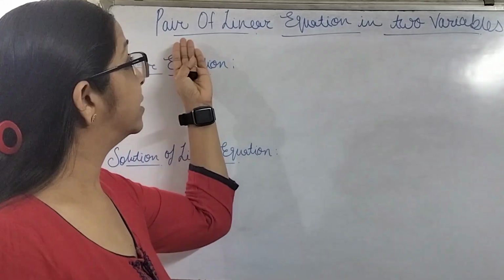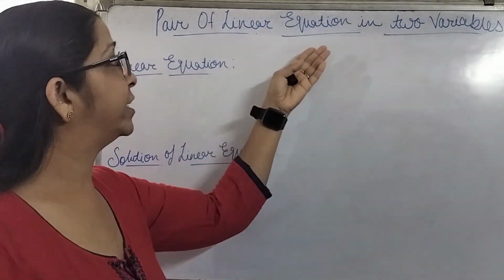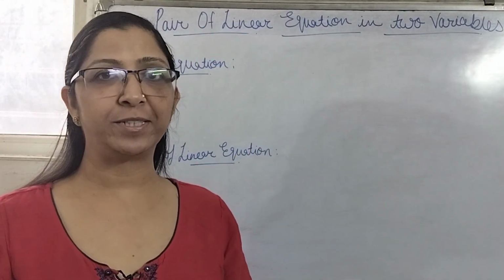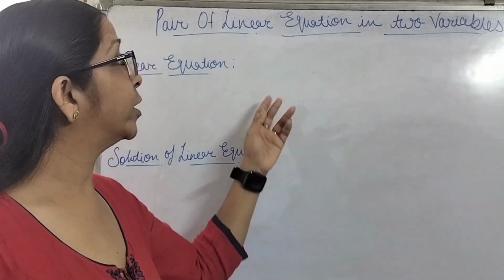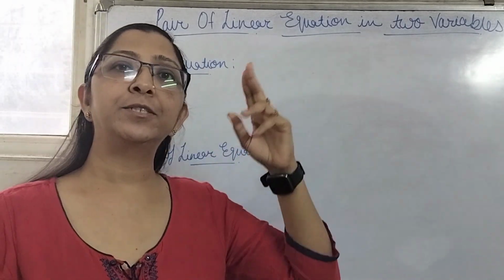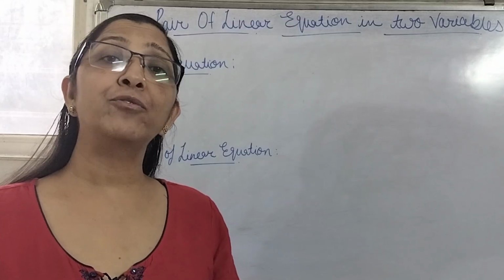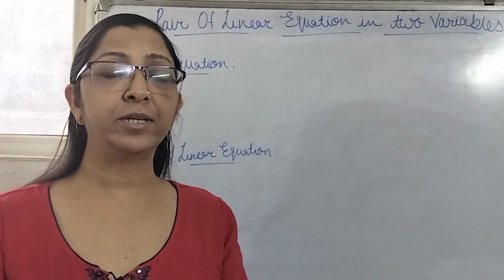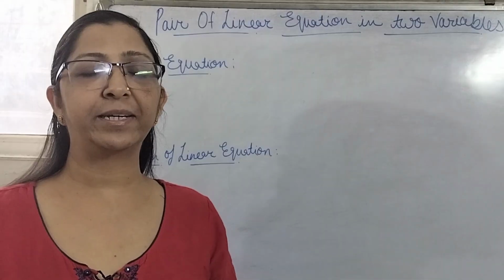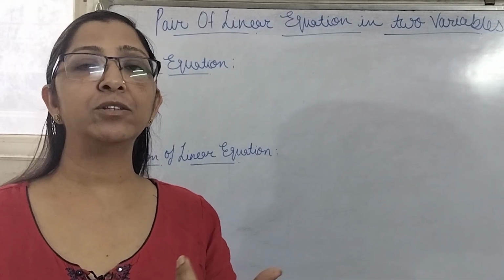We will be learning the concepts of pair of linear equations in two variables. So let's see what an equation is. In the chapter on polynomials, we have seen what an algebraic expression is. When one algebraic expression is equivalent to some other algebraic expression, the representation we get